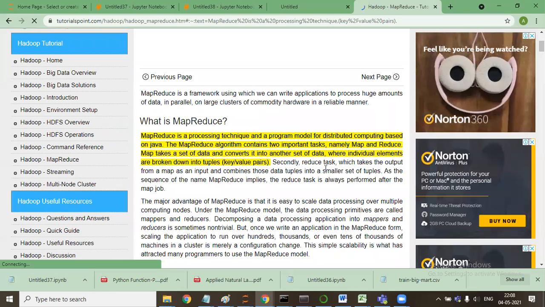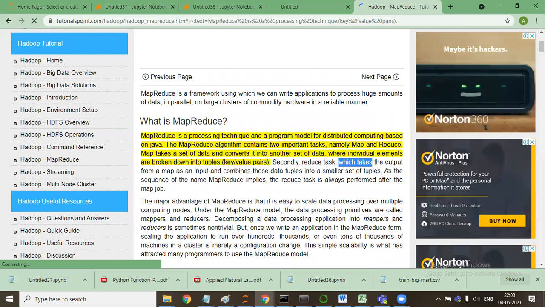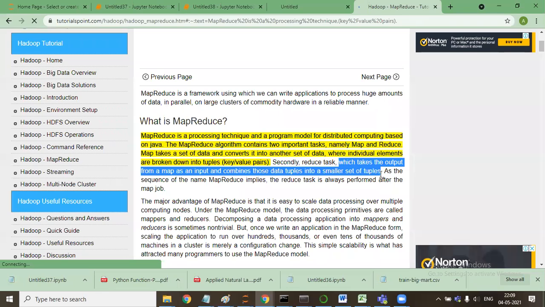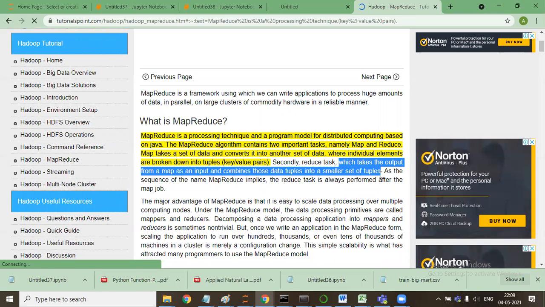Secondly, the reduce task takes the output from map as an input and combines those data tuples into a smaller set of tuples. So map distributes it in the form of tuples. They perform calculations, and these calculations are grouped and reduced into a smaller set of values. That is how MapReduce works.